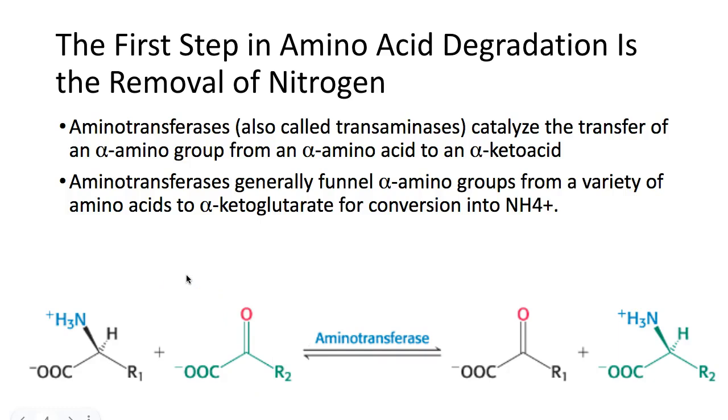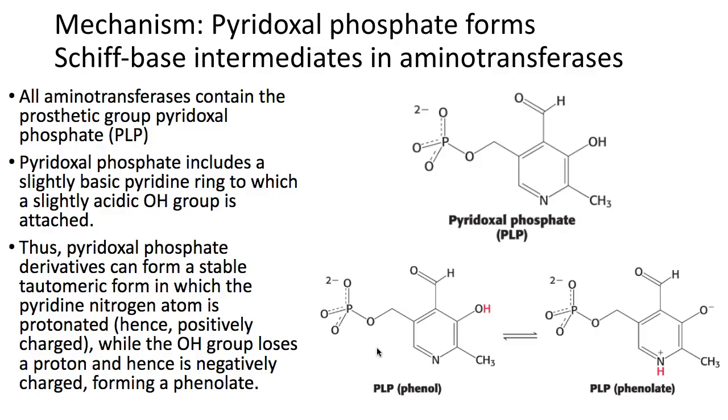And so how is this alpha-keto acid originally formed? Well, this is due to a prosthetic group called PLP, or pyridoxal phosphate group,